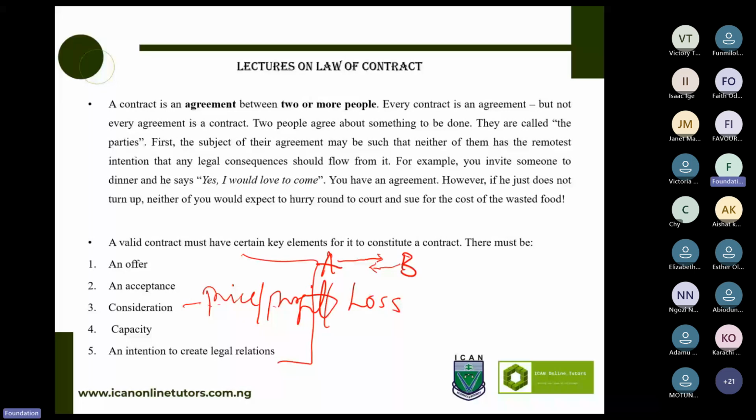In all of this, there's the mindset of, if I become chartered today, I'll be well paid. I'll be highly paid. I'll be respected. I'll be this, I'll be that. But number one point is you'll be highly paid. Yes or no? The answer is yes, if you know your way around. So that is the price. That is the consideration. Now, capacity.